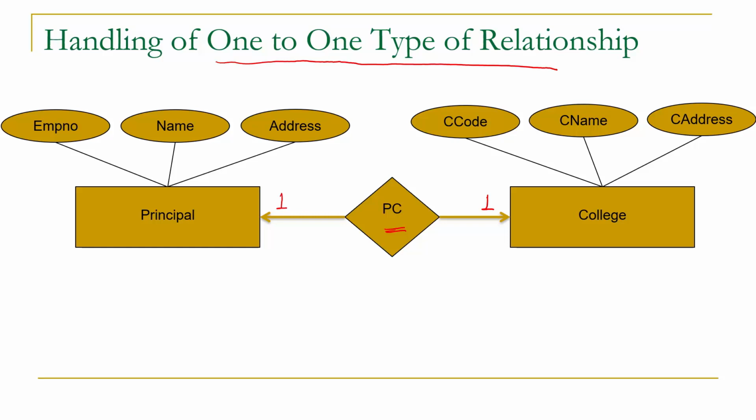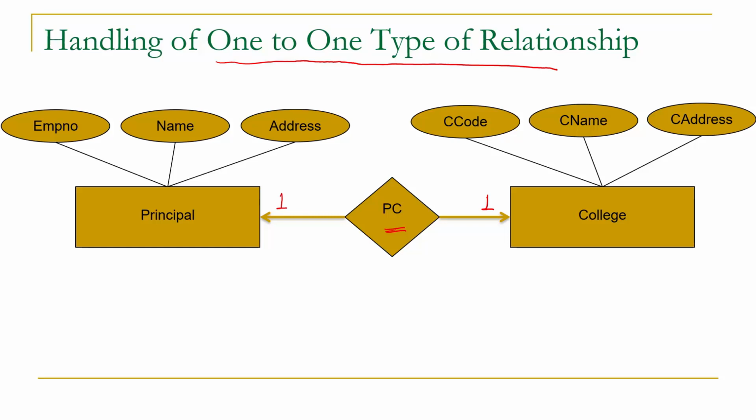Now we already know that if we have a relationship of one-to-many or many-to-one type, then we can move the primary key of one towards many side. Here we have a relationship of one-to-one. So by following the same concept, we can copy the primary key of one entity set towards another. Here we have both entity sets of one type. It means that it is possible to copy the primary key of any of the entity sets towards another side. So there are two possible solutions in this case.